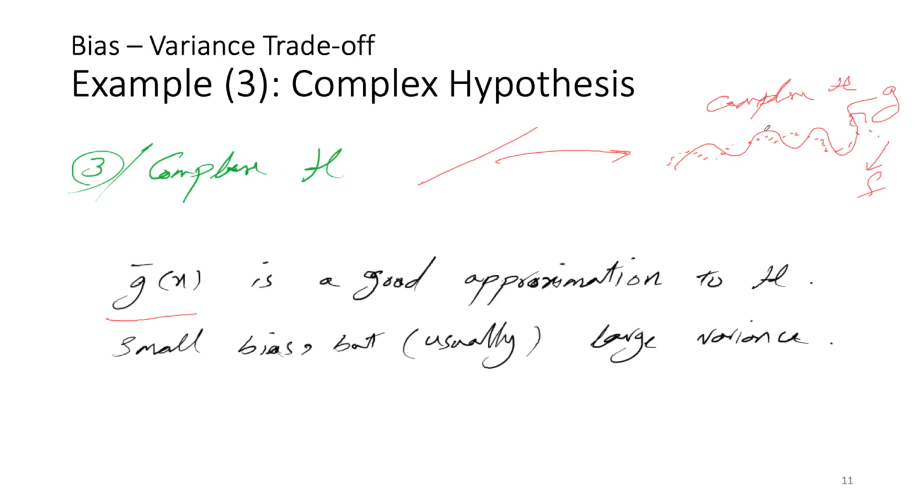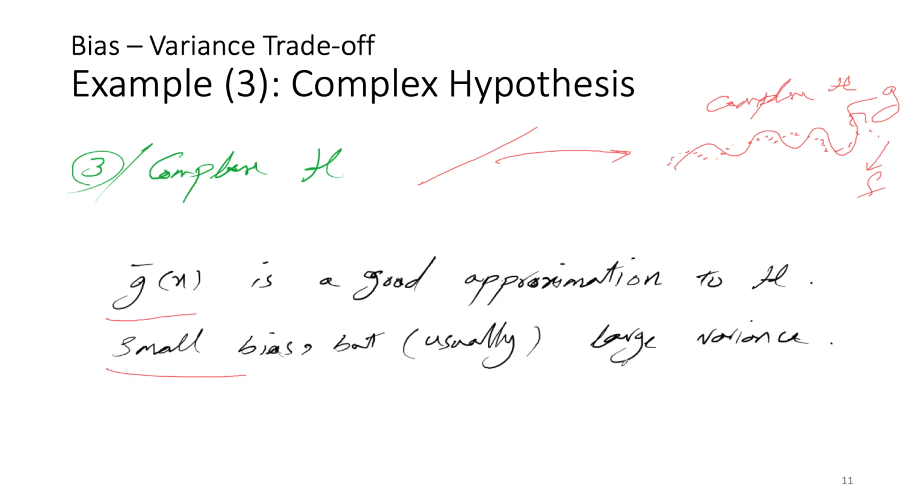So the dash line is, assume that was your unknown function f, and this is your g. So it gives you a better approximation of your f. Thus, your variance is going to be smaller, right? At each point, it's trailing the dash line much better. I'm sorry, your bias is smaller,